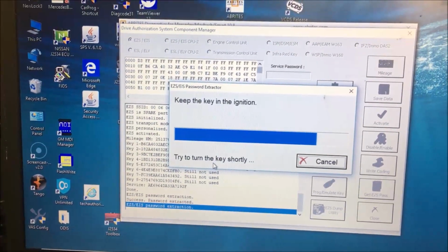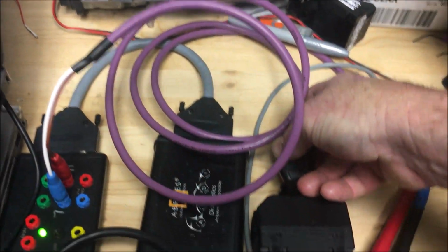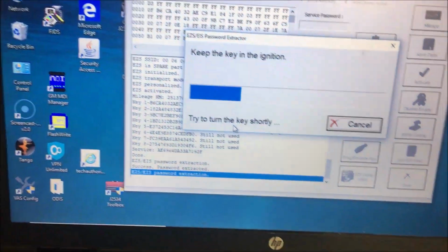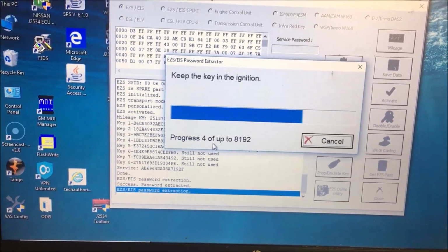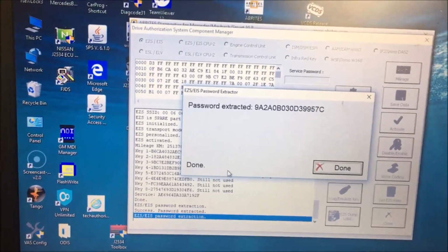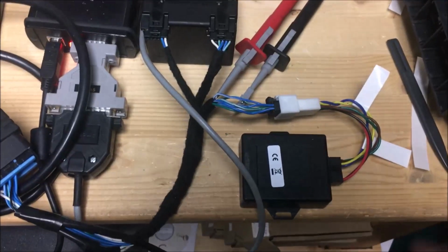This one's already pulled the password, so it shouldn't be that big of a deal. But that's what you want to do. What's getting me, though, is it was progressing every time. See how it says progress 4? Every time I turned it, it usually went up about, okay, so it extracted it. Now, that happened real quick because it already pulled the password. But that's how you do the W164 Amazonia, just for you, Shrek, and doing it on the bench with a